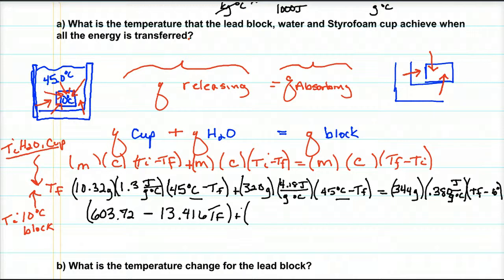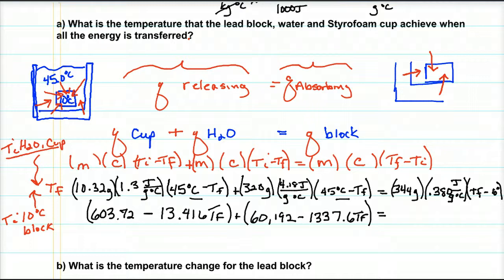So now we got a lot of simplification here. So 320 times 4.18 times 45 again, I'm sorry, is 60,192. Okay, and throw in this minus sign because it's going to be a minus number. 320 times 4.18 times negative 1 is going to be negative 1337.6 TF. Close that parentheses, equals